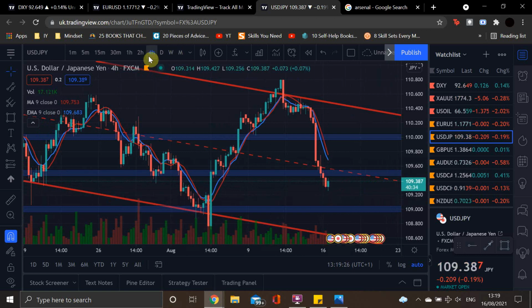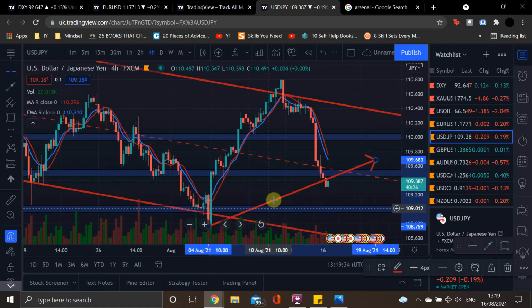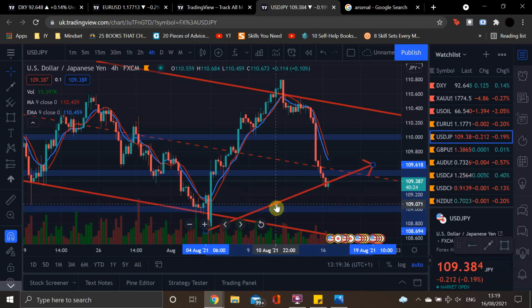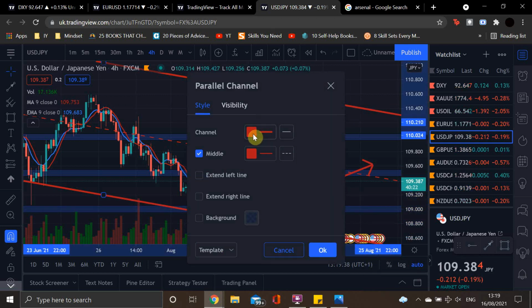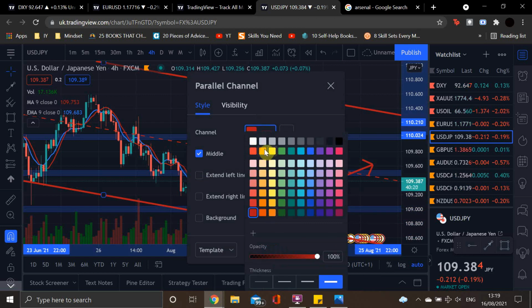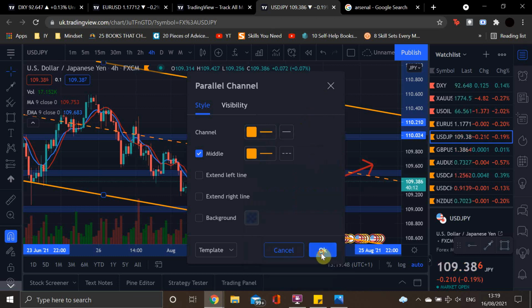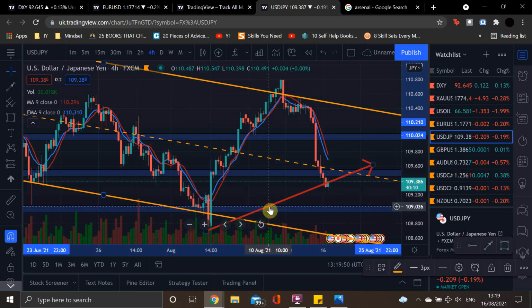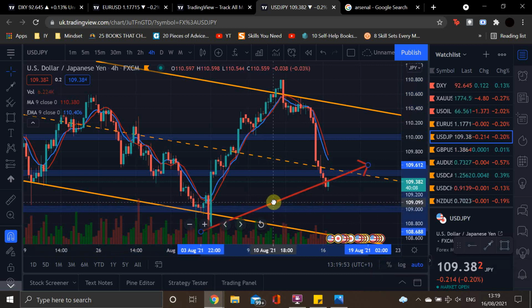I mean, maybe I could say I do see some sort of... let's make this trend line yellow or orange. Yeah, orange is better, a bit less thick as well. Cool. So I can definitely see we got some sort of